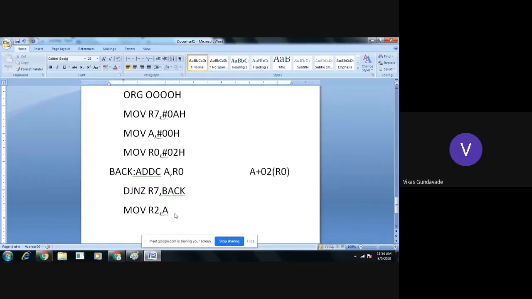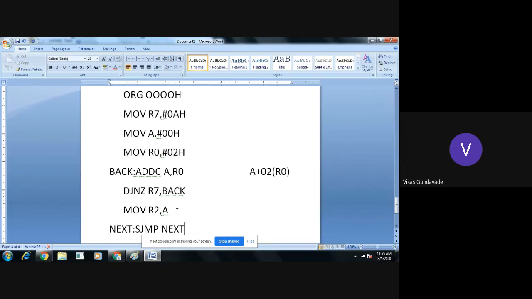In the same program, I will use an unconditional jump also. So I'm writing SJMP, short jump, to the next location. Next is the label location, and I will write the same next here, with a colon.